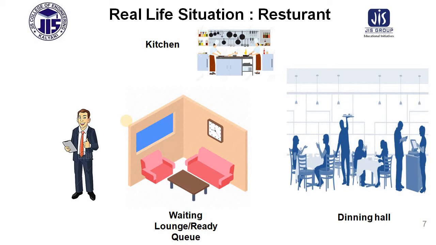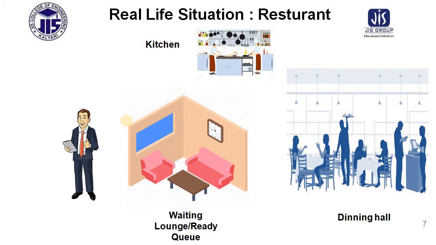So before reaching the restaurant, you have planned what food you want to eat, or what things you want to eat. Whenever you reach the restaurant, there will be a person waiting at the door or just in front of the restaurant. If the dining hall is empty, he will allow you to go directly to the dining hall. If the dining hall is already occupied, he will tell you that you have to wait